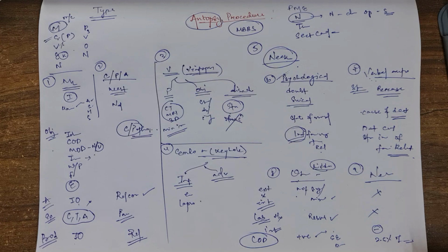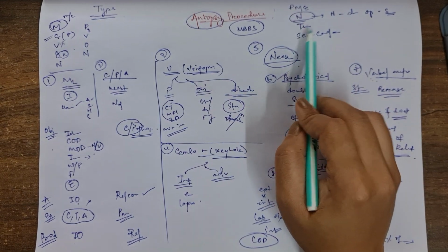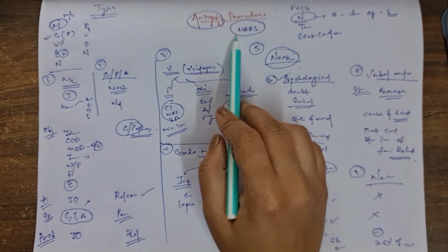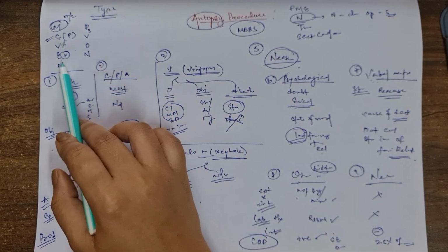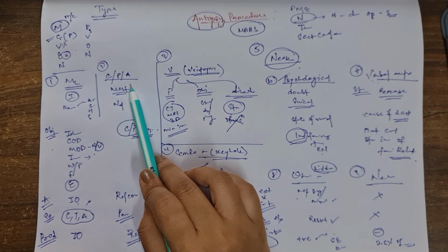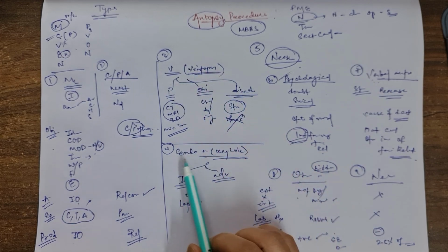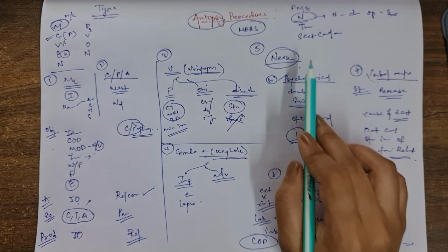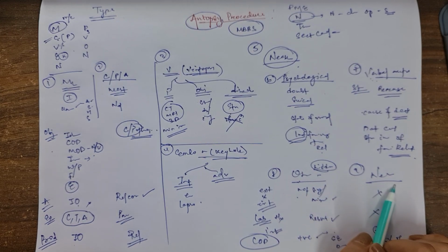So this is all about the autopsy procedure. So what all we saw: autopsy is also known as postmortem examination, necropsy, thanatopsy and section cadaverous. It can be performed by an MBBS or any registered medical practitioner. Then we saw the 9 types of autopsy: medico-legal, then clinical or pathological and academic, then virtual, which is virtopsy, then endoscopic or keyhole, then needle, then psychological, then verbal autopsy, then obscure autopsy and negative autopsy.